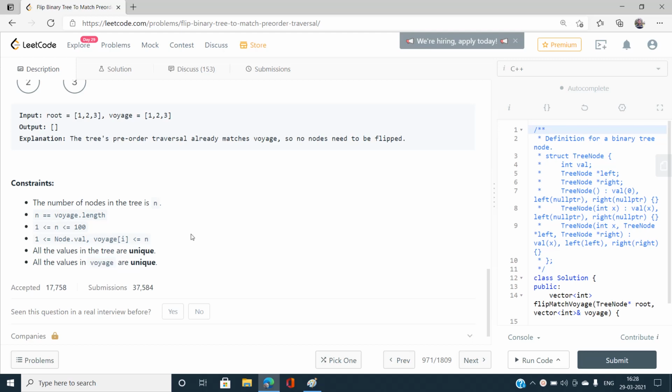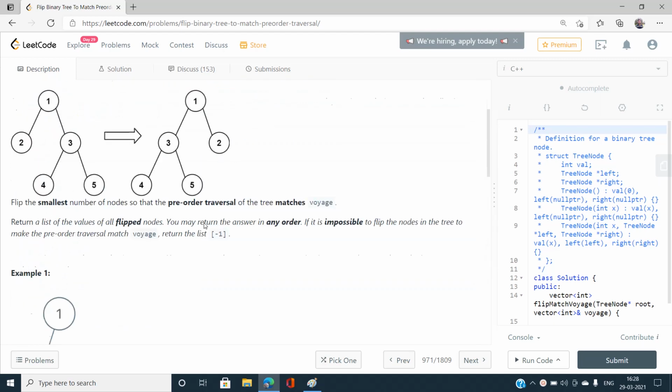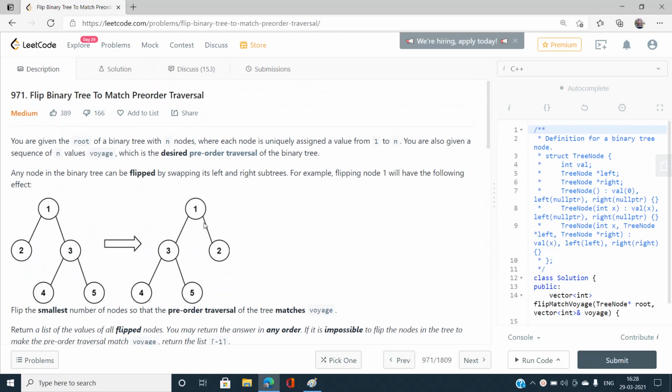So how are we going to do this problem, and what should be the best approach to solve this problem in an efficient way? We need prerequisite knowledge of the pre-order traversal of the binary tree, and how we are going to perform the flip operations. We have to minimize the number of flips also, and we have to return a sequence of flips, that is a sequence of node values that we are going to flip. So what should be the best approach to solve this problem? Let's move further to understand this one.